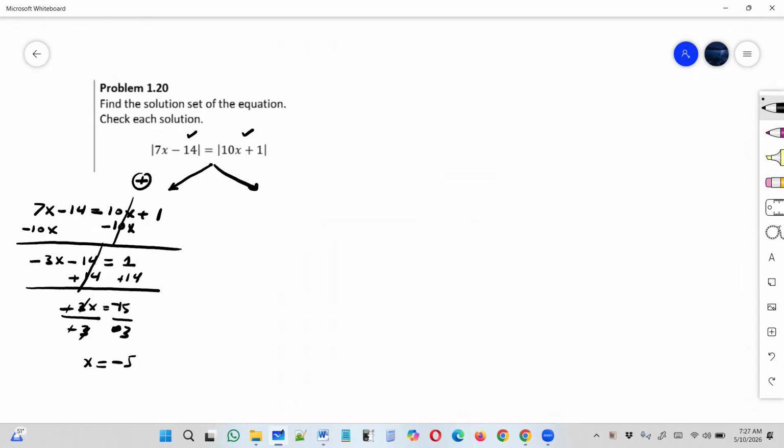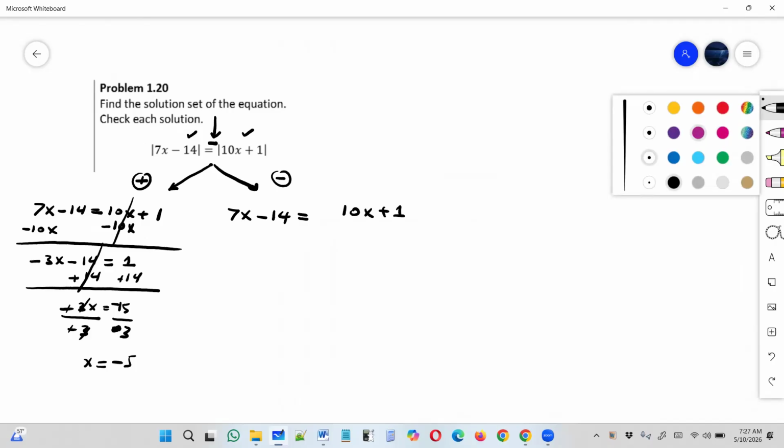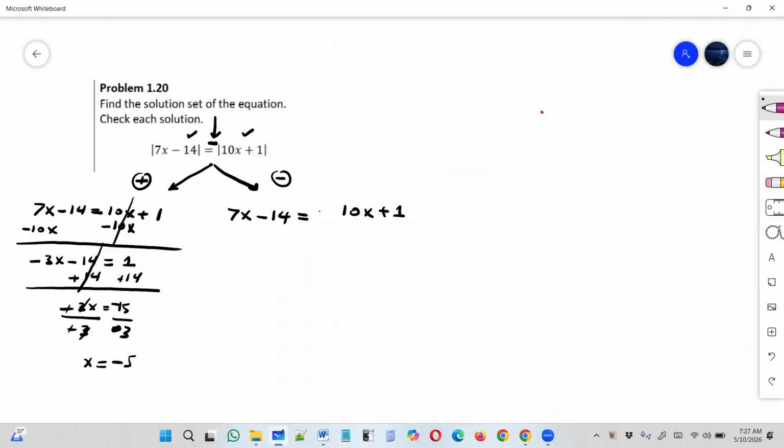Now, notice the negative equation is going to be: remove the absolute value sign of the left, remove the absolute value sign of the right, but there's going to be a minus that is going to multiply the whole thing. Now, do not do this. This would be incorrect. If you just put a minus here, that is wrong